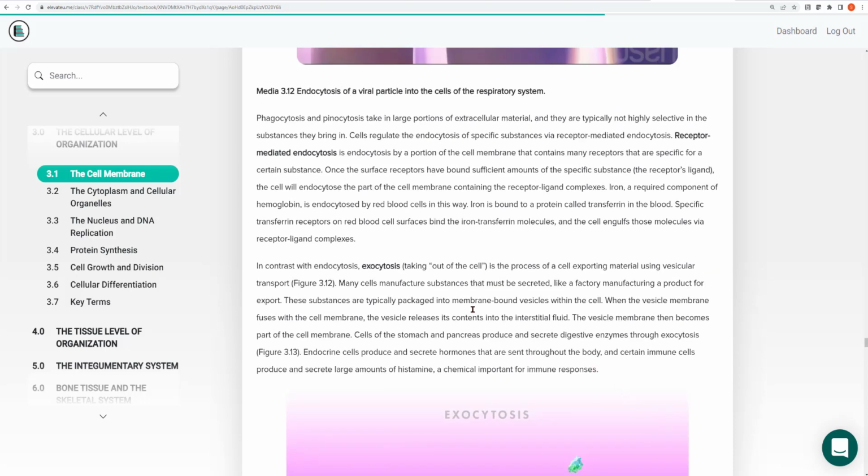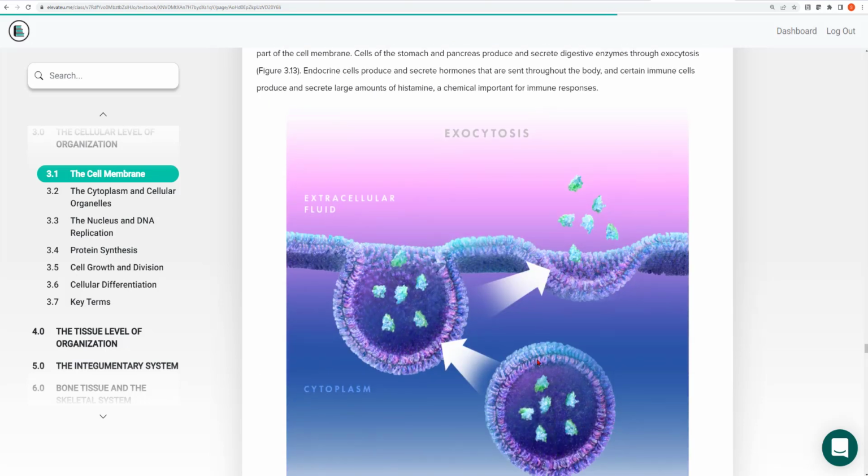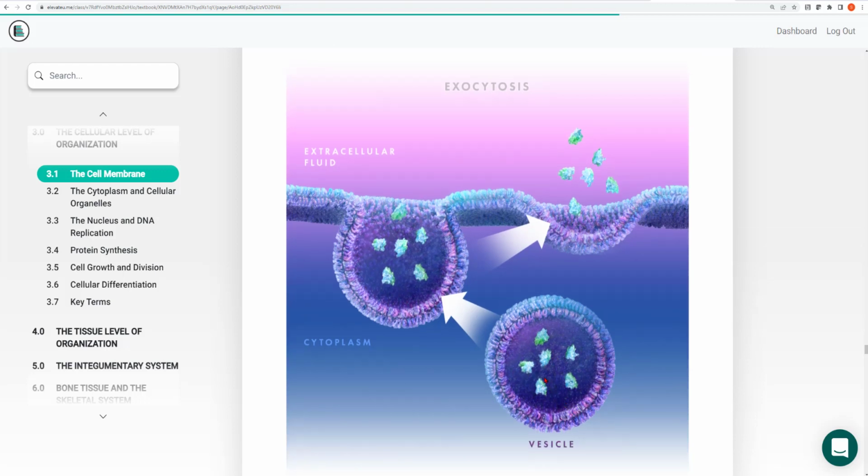The opposite also occurs, that is exocytosis. How do cells get rid of things? So here is the inside of the cell. These proteins have been enveloped into this little package. This little package is called a vesicle. Notice the vesicle is also composed of a double layer of phospholipids. This vesicle is going to come up to the surface of the cell, and just like two bubbles that sort of merge together,